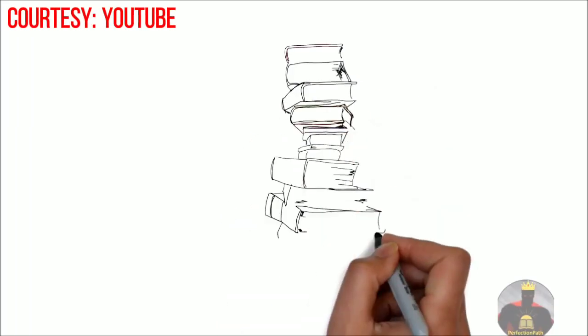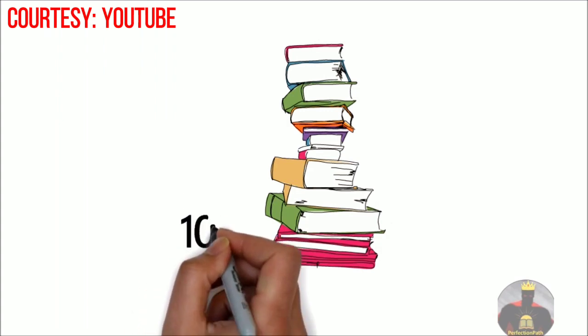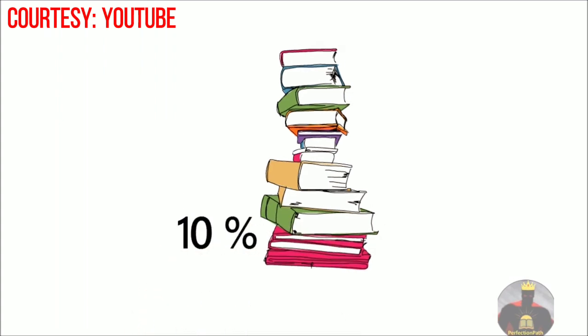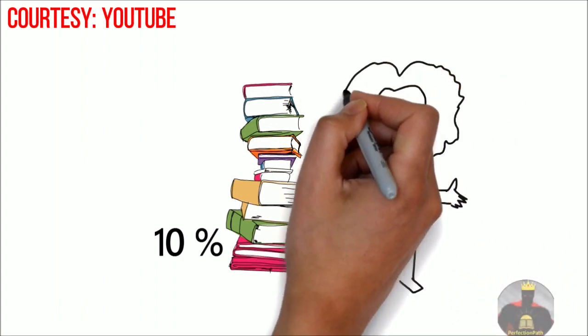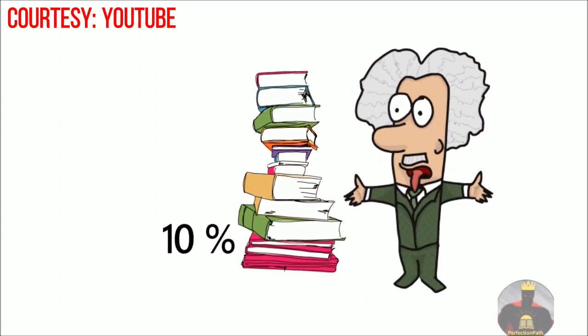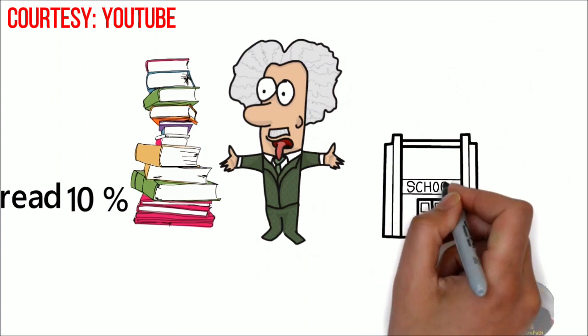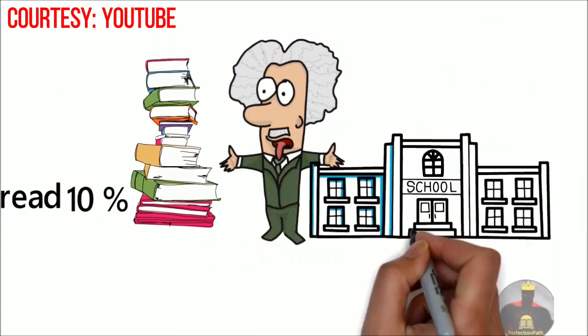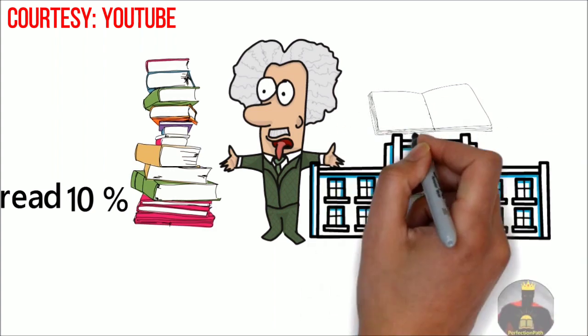Did you know that if you read a great book, after 2 weeks of reading the book, you will only retain 10% of what you read? According to the cone of learning or cone of experience, which was developed by American educator Edgar Dale, we retain 10% of what we read after 2 weeks of reading it. This explains why I struggled in school, because the predominant teaching method in school is reading, and you only retain 10% of what you read.